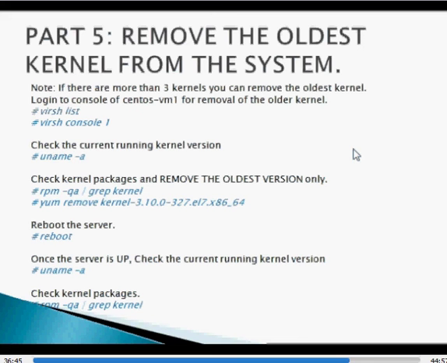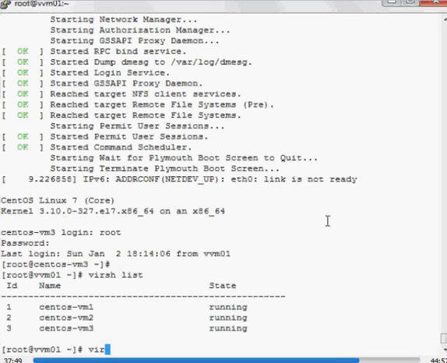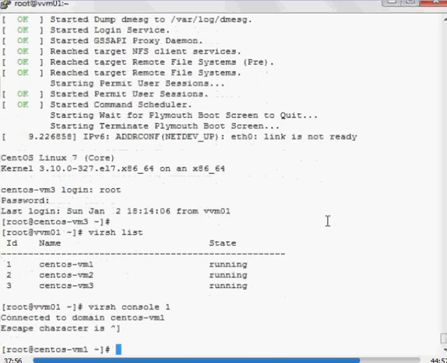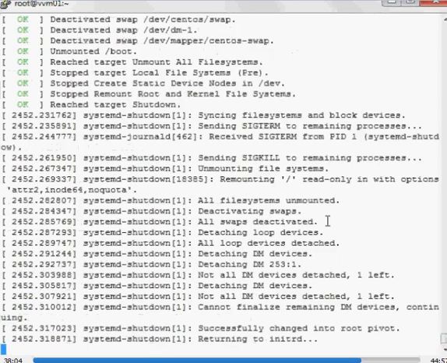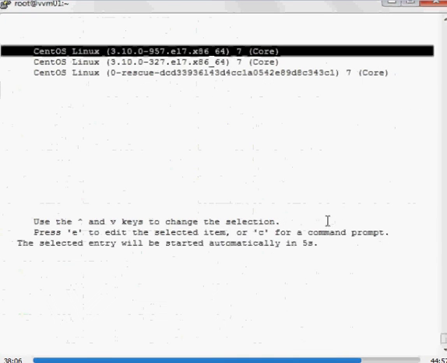Let's start the practical. So we will be removing the kernel from CentOS VM1, which is our repo server. Let me just reboot the server and show you how it looks. Here you can see 2 kernels.